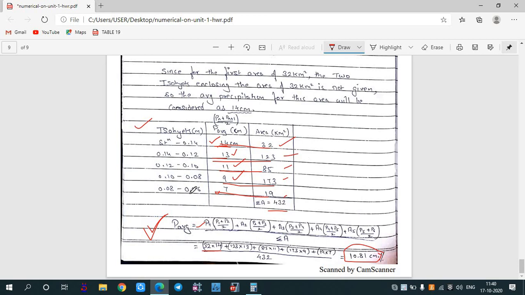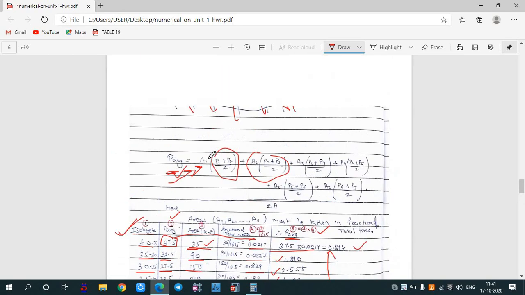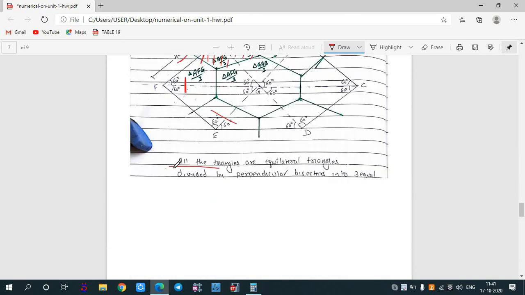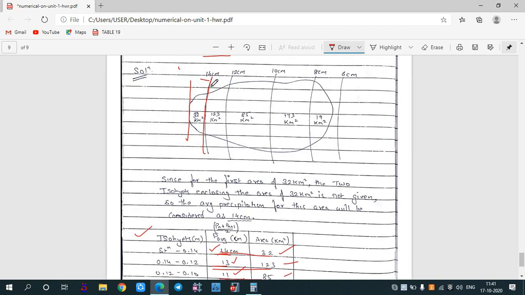The only difference in this question is that in the previous problem, the station was starting from here. The isohyetal was provided before the catchment area. In this case, the isohyetal has been provided inside the catchment area. So in this we don't need to take the average, we'll take the first precipitation as 14 centimeter, since it is coming directly inside your catchment area.